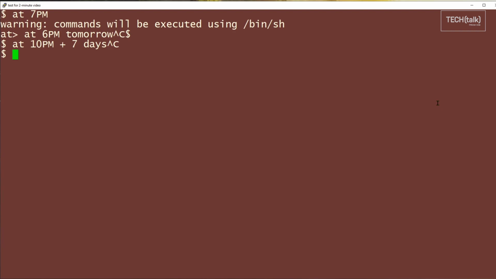So let's get started with a simple at command. In this example, we're going to schedule a message to go out to all terminals at 9 p.m. So we say at 9 p.m. and that warning just tells you that the at command uses bin sh.